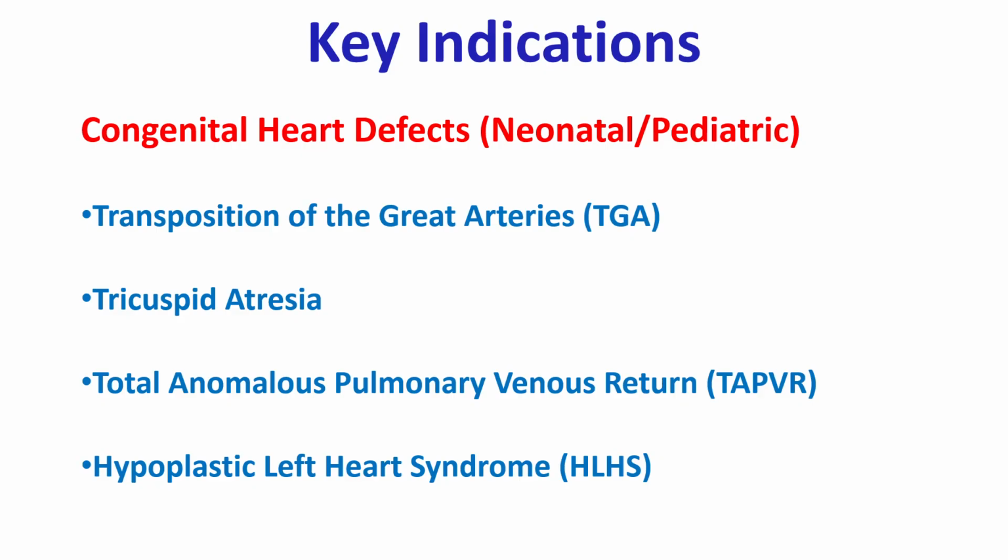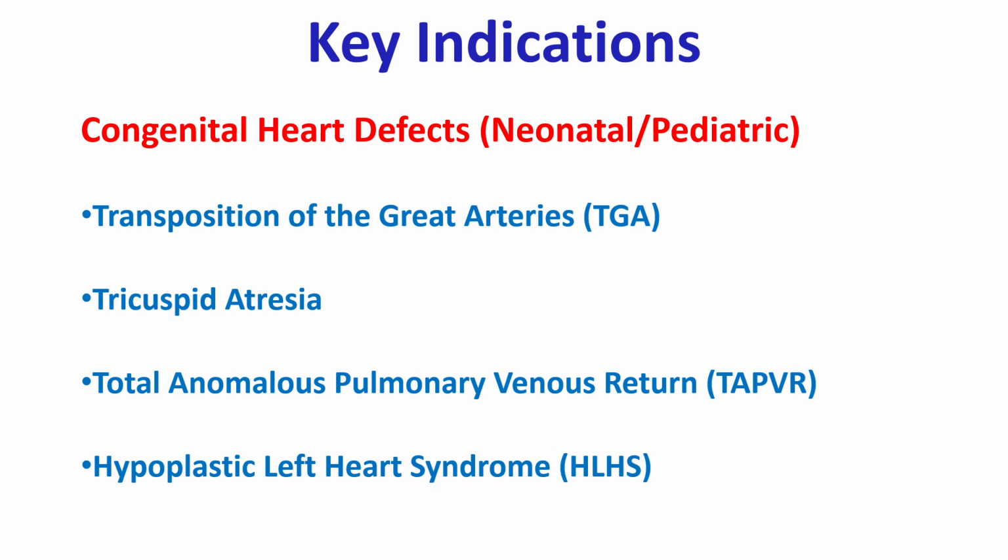In congenital heart disease, in certain cyanotic congenital heart diseases, an atrial septostomy is a critical, often life-saving bridge to definitive surgery. Transposition of the great arteries: essential when the patent ductus arteriosus or existing ASD is restrictive, ensuring adequate mixing of the parallel circulations to improve systemic oxygen saturation. Tricuspid atresia: required to allow systemic venous return to escape the right atrium and reach the left